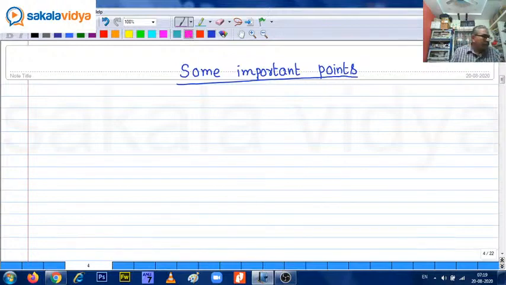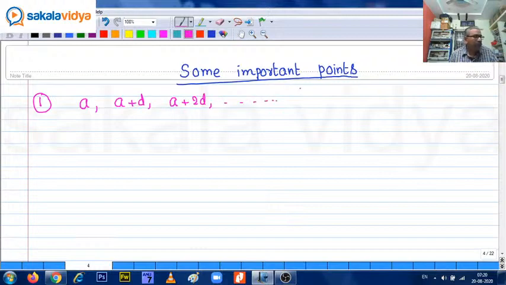First point. a, a plus d, a plus 2d, and so on, a plus (n minus 1) into d are in